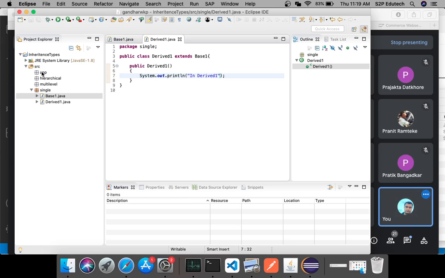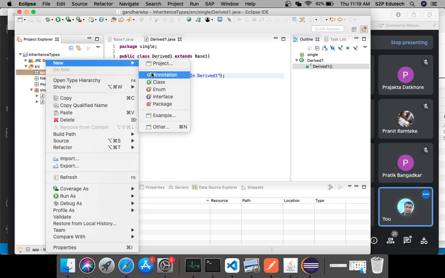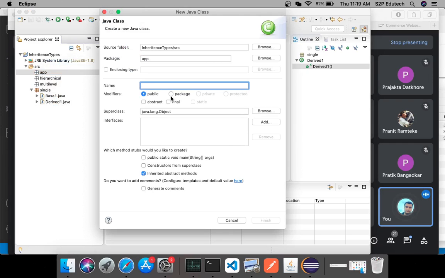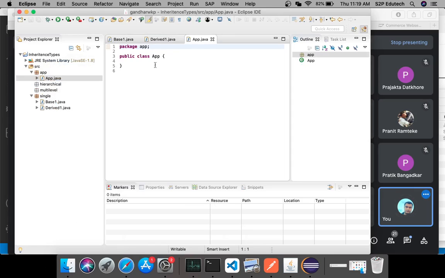To test single, in my app package I'll have again a new class. I'll call it app.java, and in this I'll have my main.